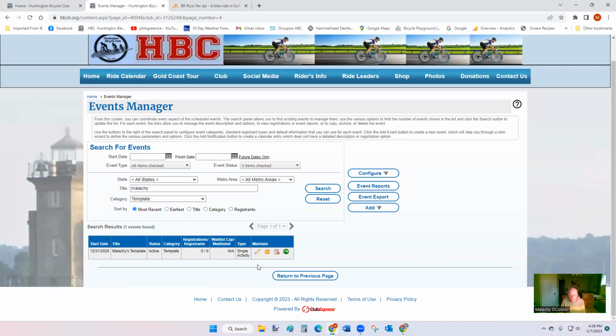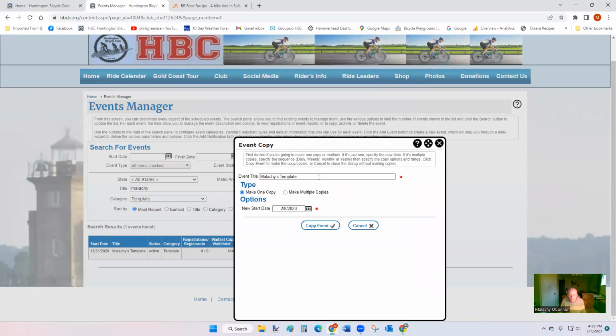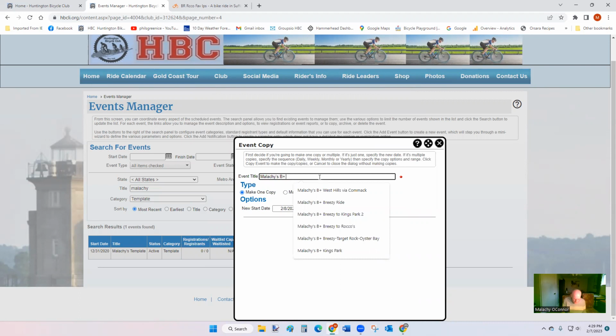So most importantly, you're not going to edit your template. Your template has to stay permanently there. So how do we create a ride using this template? We're going to go to this copy icon. I'm going to copy the template, and then we're going to modify the copy. When you click on the copy, a dialog box comes up, and it says once again Malachi's template. So instead, we're going to leave Malachi's, and since I do B plus, it'd be B plus,